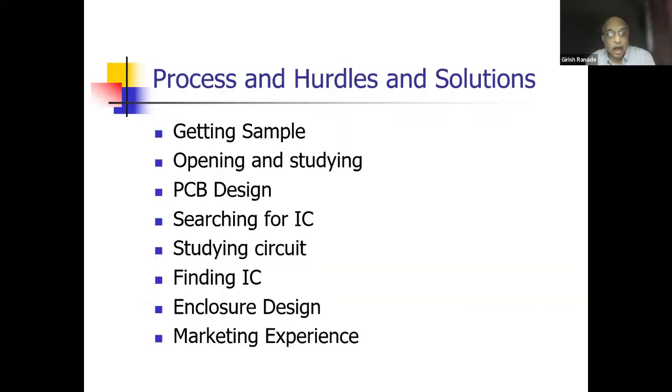Now I have a very beautiful marketing experience in that. I always used to carry my harness testers to different places. In the same way I carried it to Delhi, and it was around 5:15. I went to a harness manufacturer for the first time. At the reception, I told them that I had come from Pune and wanted to show them the harness tester. And it was in the 90s.